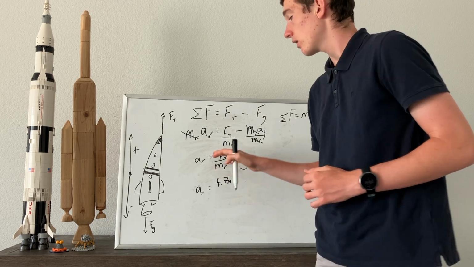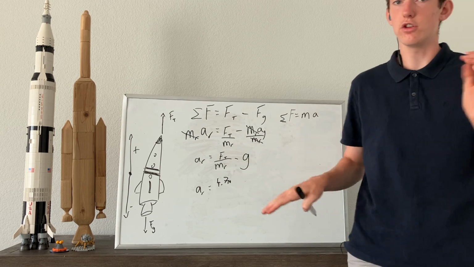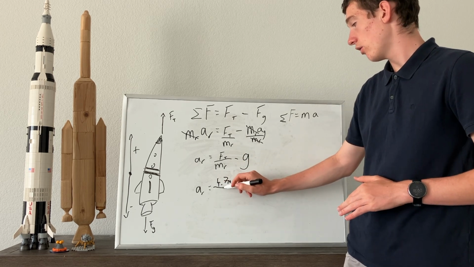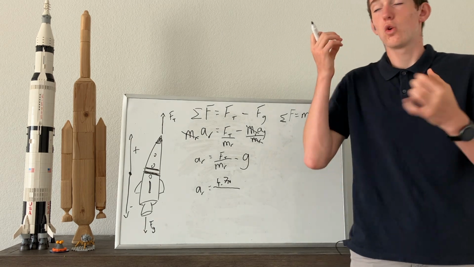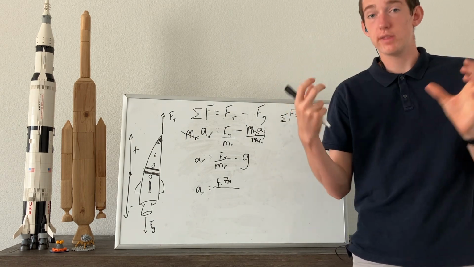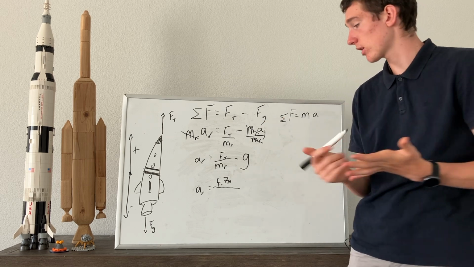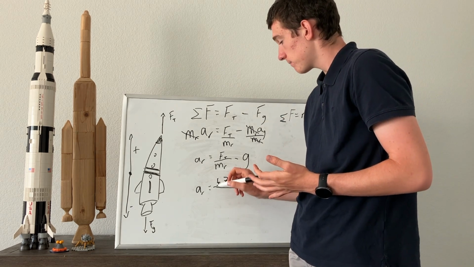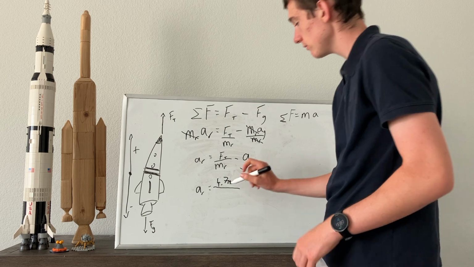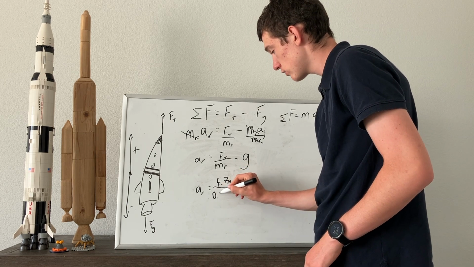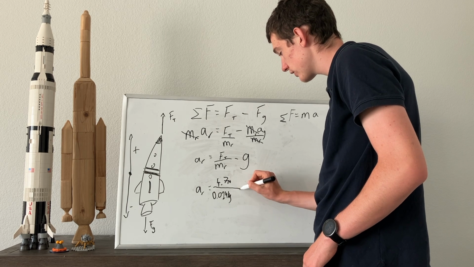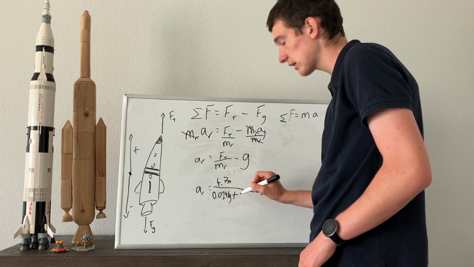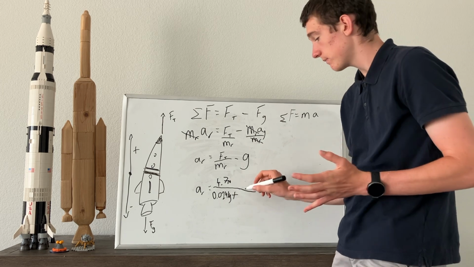As I said earlier, we are only given the force in newtons over the mass of the rocket. So I'm going to have two numbers: the mass of the actual rocket itself plus the mass of the engine, because the engine is being put inside the rocket. The engine weighs 24 grams, but for physics we need to put it into kilograms, so we put it like that. And then the mass of the rocket is